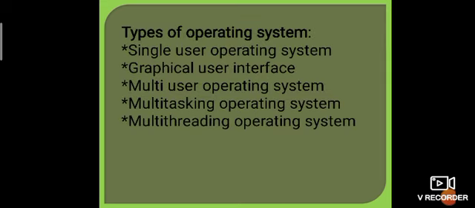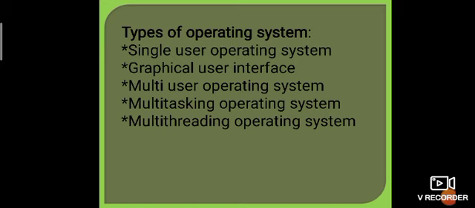Types of operating system: single user operating system. These operating systems could support only one user to do one thing at a time. It means only one user can operate the computer system. Graphical user interface: the operating system is graphical based and interactive in nature, like Windows operating system, Mac OS, Linux. It means everything is available in the form of pictures and icons. No need to learn, and we can get what we see. Whatever we see easily, it depends on our click.